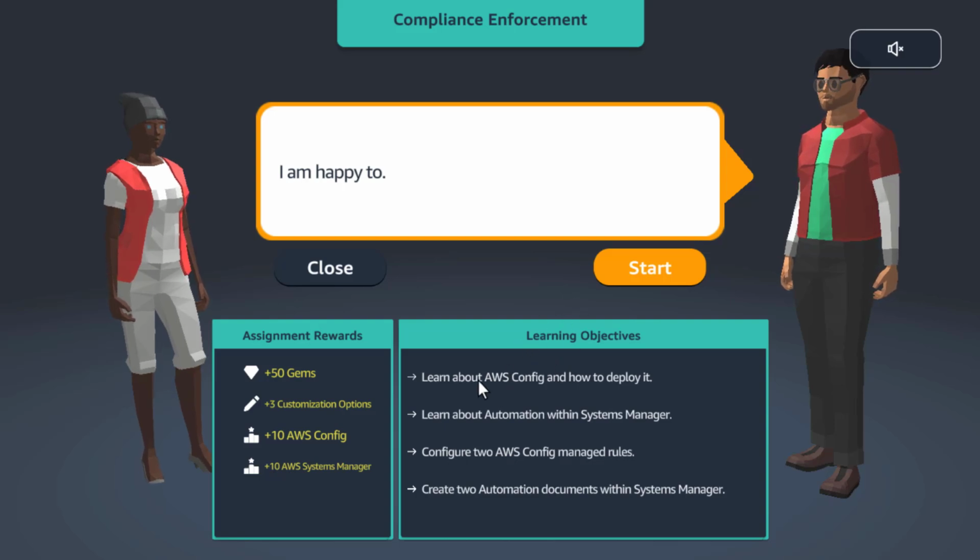watching this project, we will learn AWS Config and how to deploy it, automation within Systems Manager, and then configuring AWS Config managed rules, and then create two automation documents within Systems Manager. This is something I'm excited about because I have never done or used AWS Config and